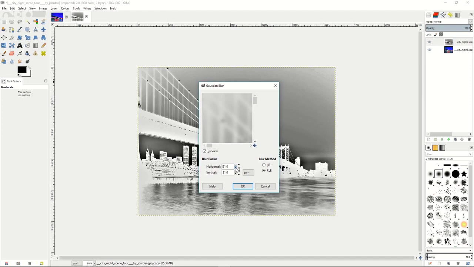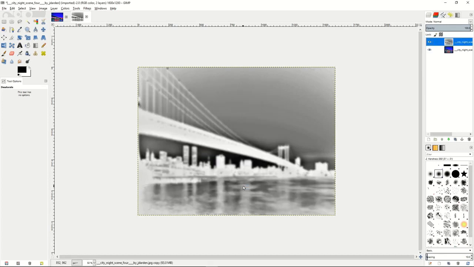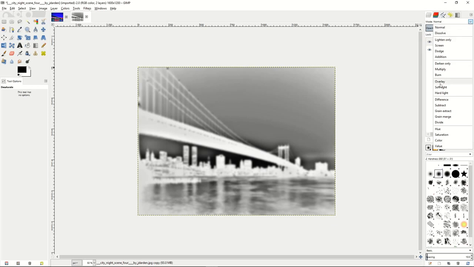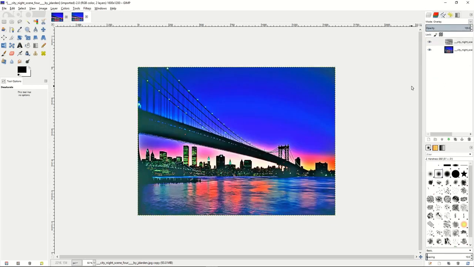And you want to set that blur to about, I think I want to do 20 here, seems fine. So now to blur the whole image, what we're going to do with this blurred image is switch the mode on the top layer here to overlay. And now you'll see it has overlaid onto our image down below. And you want to tweak this by using the opacity bar over here on the right. So we're going to set that to about